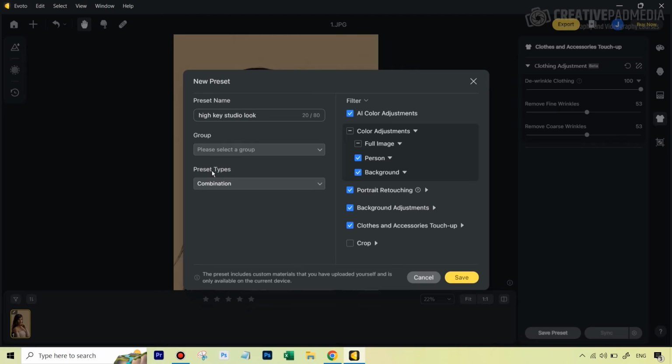And you know what type of preset this is: since we use different combinations of both color and portrait, we can call this combination. That's not too important right now. The point is, we're saving it as a preset. I can also create a group of presets so that I stay more organized. I'm going to skip all this for right now, okay? So just creating a preset,